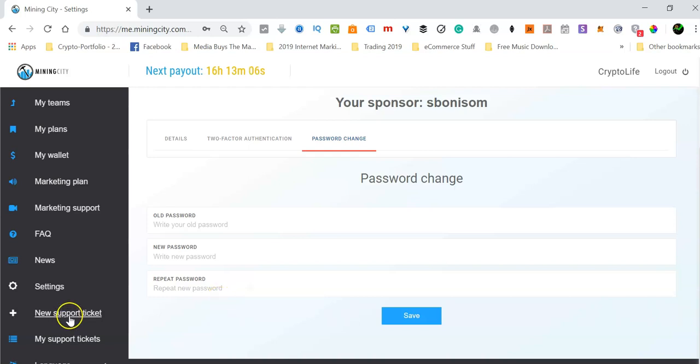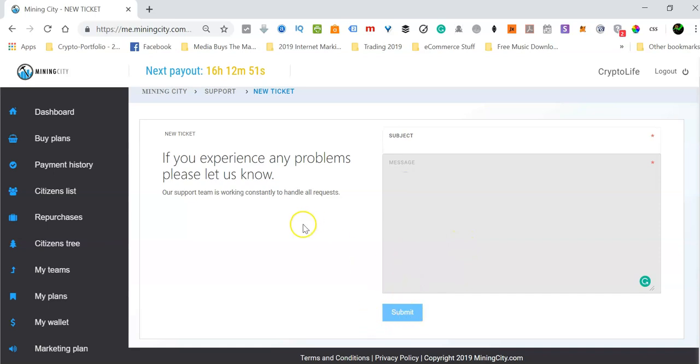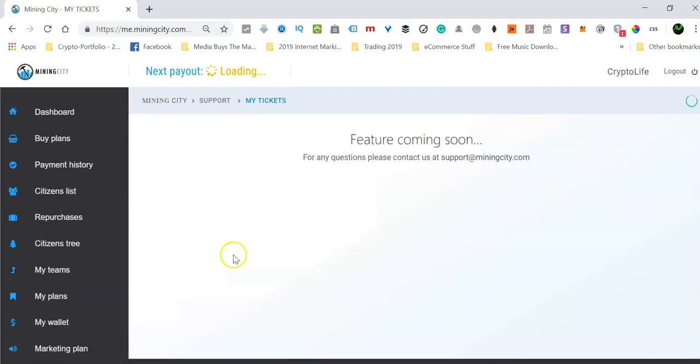And then new support ticket. If you have to write a support ticket, this is where you'll be able to do that. You just click on here and send miningcity support a support ticket. You just put your subject there, the message there, and then you can submit. If you go to my support tickets, this is where you will be able to see the list of the support tickets you might have created before. You can also email the support here, miningcity support, and as you can see,